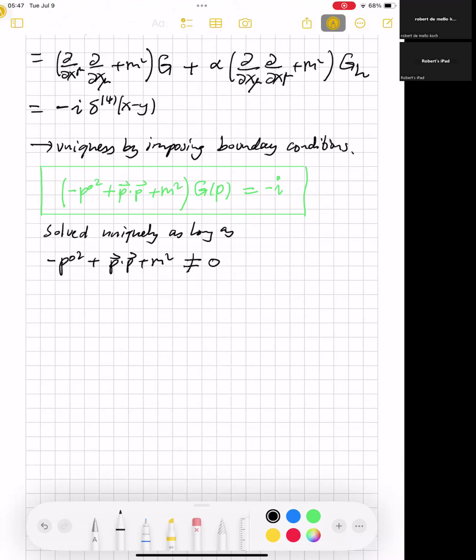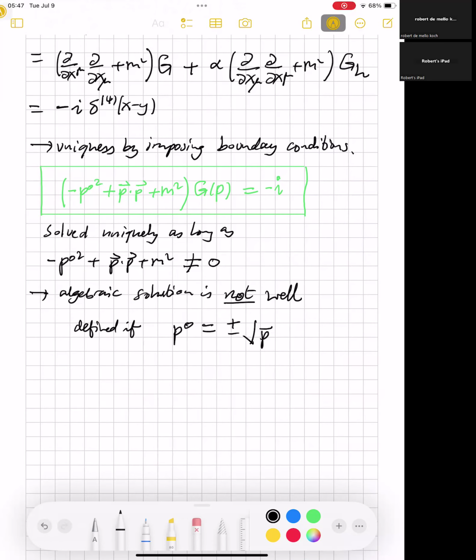But the algebraic solution is not well defined if p naught is equal to plus or minus the square root of p dot p plus m